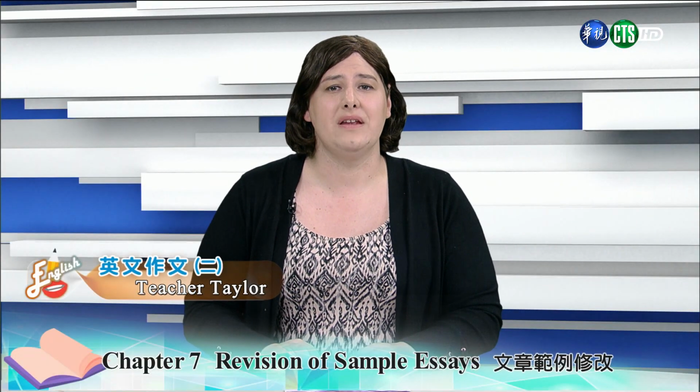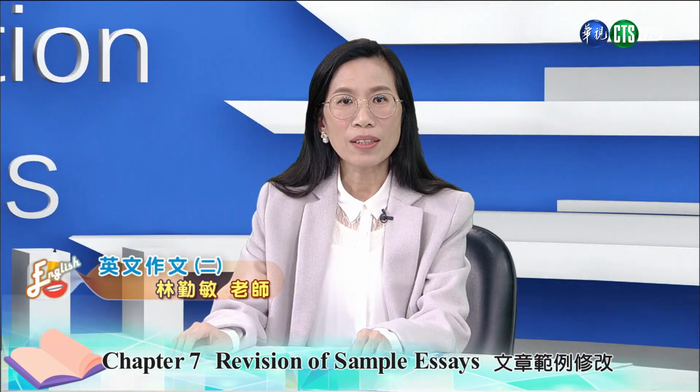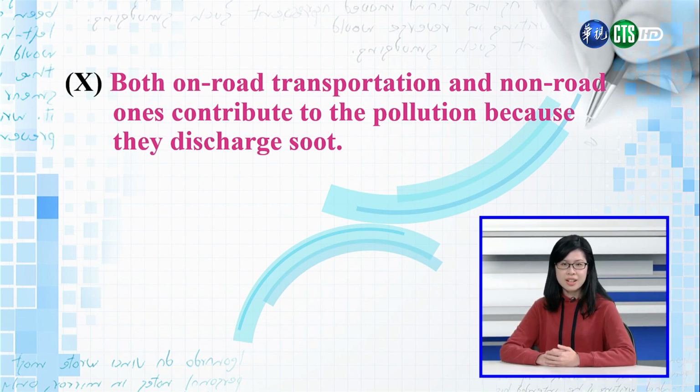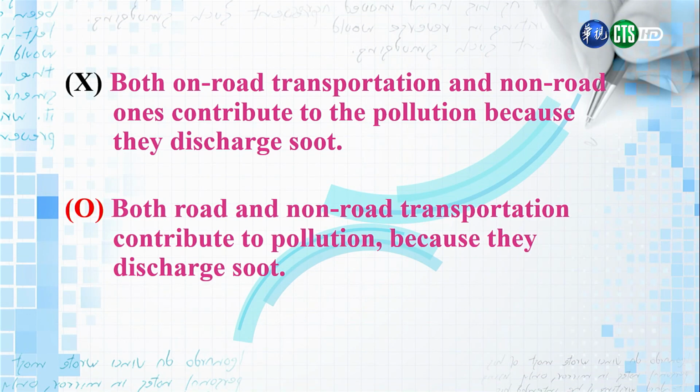Agreed. And the second supports the one and functions quite well as it is. 然后它的这个下一个句子呢，就是一个很好的支持句。And it seems like the science is off a bit again in the next sentence. It's like he found the information somewhere and did not want to copy or cite it, so he tried to reword it. Still, grammatically, I would change it to both road and non-road transportation contribute to pollution because they discharge soot. 在下一个句子好像又有一点点需要改变的地方。我们可以发现呢，这个作者是想要把前面的这些资讯改写一遍。那我觉得可以把它改成下面像刚刚说的那个句子，不管是陆上还是非陆上的交通工具，都对污染是有影响的，因为它们都释放出煤灰。